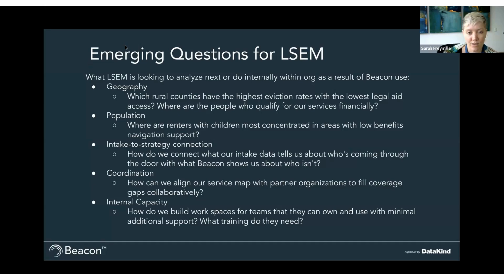For example, our family law program, Lasting Solutions, one of their big goals in the coming months is to expand into the county. And so we've started looking at collaboration partners who work with immigrants who are survivors of domestic violence in our counties. Domestic violence is not an indicator on Beacon, but by looking at income levels and housing access, we can also look at things that would make life a bit more precarious for those individuals experiencing that. And then finally, internal capacity.